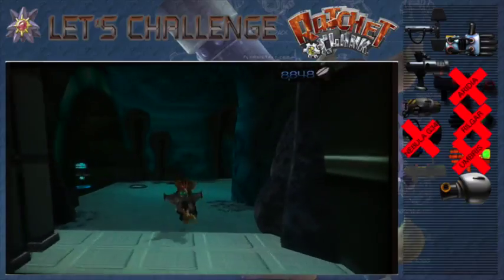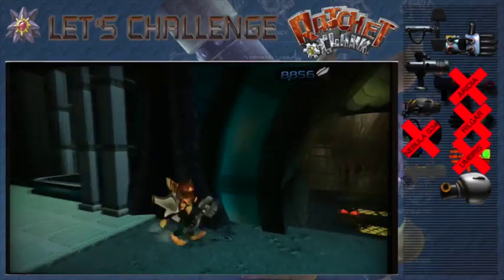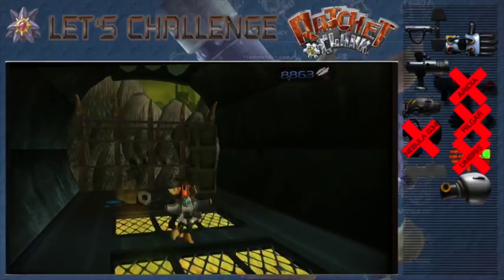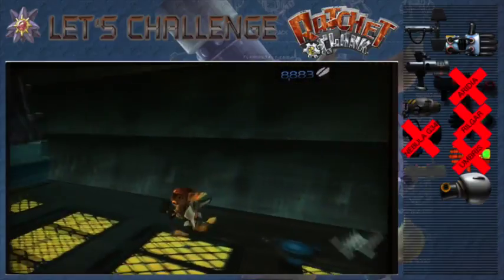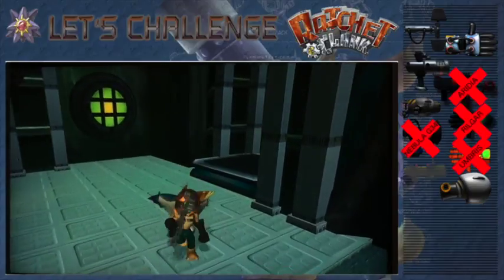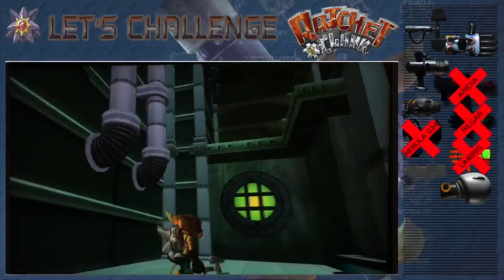Screw you. Right now I just value having the extra hits currently more than the extra lives. Because obviously more hits means I shouldn't die as much. I'm just wondering, where is...